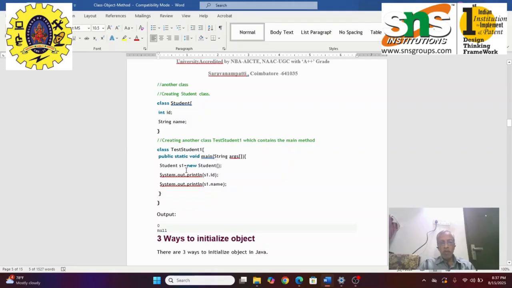Then Student s1, where Student is the class name. Then s1 equal to new Student. New is a keyword. New Student is called a method. What is the class name here? We are calling this class here. So new Student, it is a method. Then System.out.println